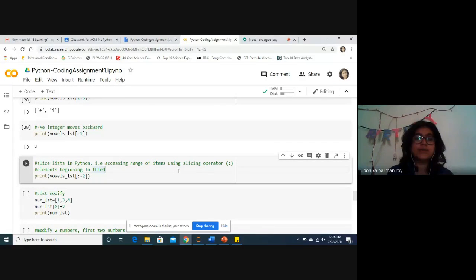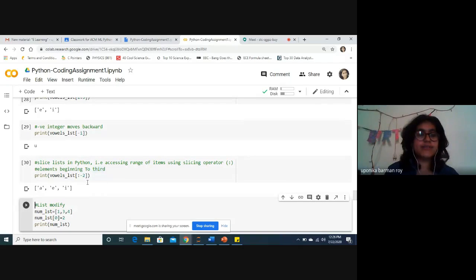And one more thing, if we are leaving out an element around the colon, either you leave the colon on the right-hand side or on the left-hand side. What I'm trying to say is, suppose 1 colon or colon 1. The colon will specify all the items after that. Okay, I'll show you.